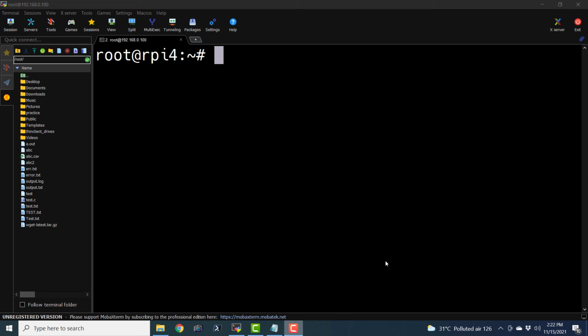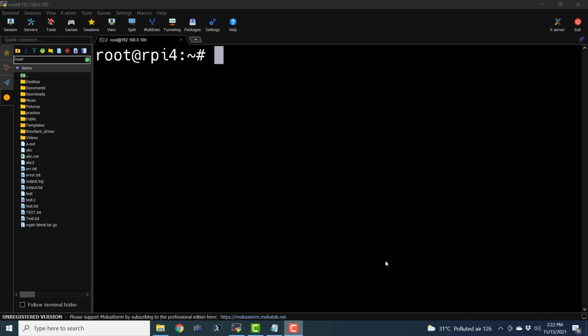We know that this is a command line interface and we are not able to run any sort of graphical utilities on this command line interface. Moreover, this is a remote command line and not the local command prompt of this computer. So if I want to invoke any utility that has a graphical user interface from a remote command line, then I have to use something known as X11 forwarding.